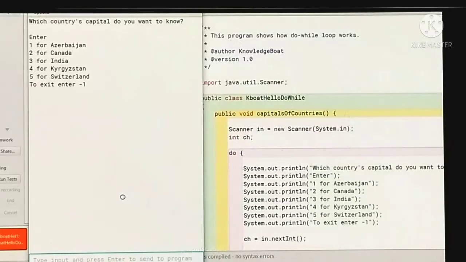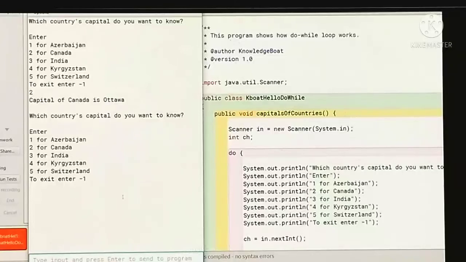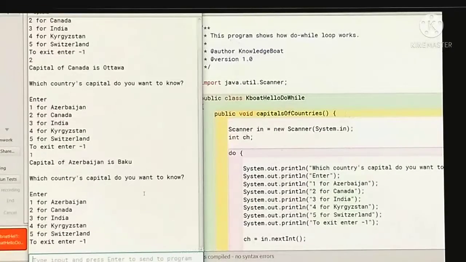If you look at this output, if you enter choice 1, then the related country name will appear, and likewise for choices 2, 3, 4, 5. But when you enter a choice like 6, the loop will not end. In this case the statement will show wrong choice and you continue again, because the choice is written under the do block. All the menu-driven switch case statements are under the do while statement.